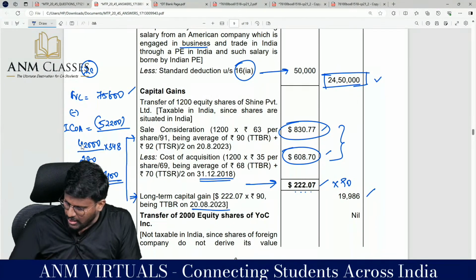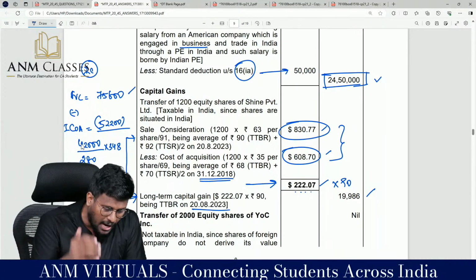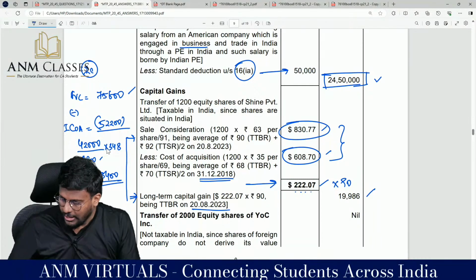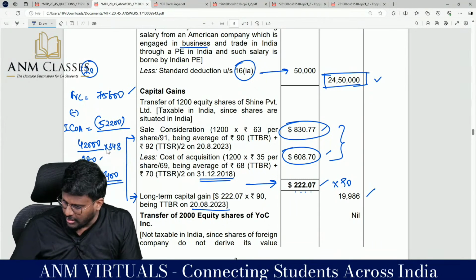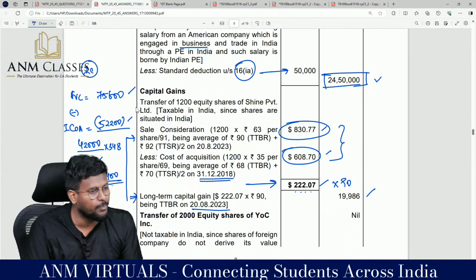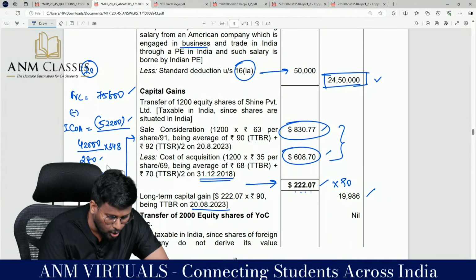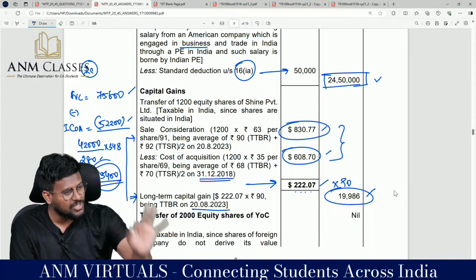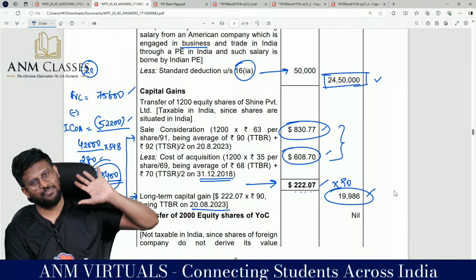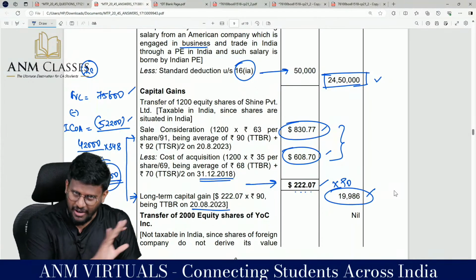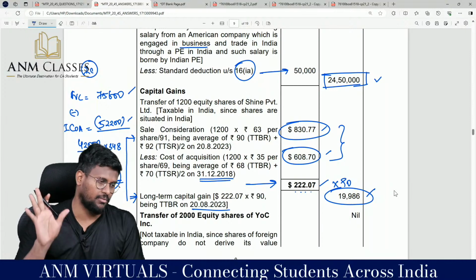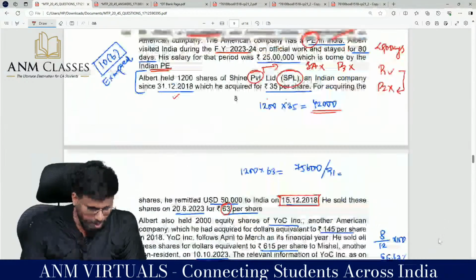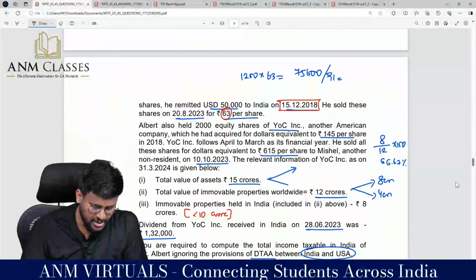So 42,000 divided by the CII of the year of purchase, 280, into the CII of the year of sale, 348, I have checked and written this. That gives an indexed cost of acquisition of 52,200 rupees, so the long term capital gain is 23,400. The 19,986 is more beneficial to you. Sir, do we have to try each one? No. Proviso 1 is mandatory for a non-resident. Right sir. The second part is also done. I am coming to the third part of the question. So salary is done, and shares in SPL are done.